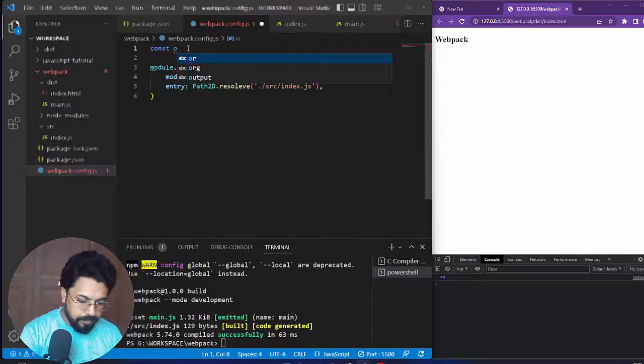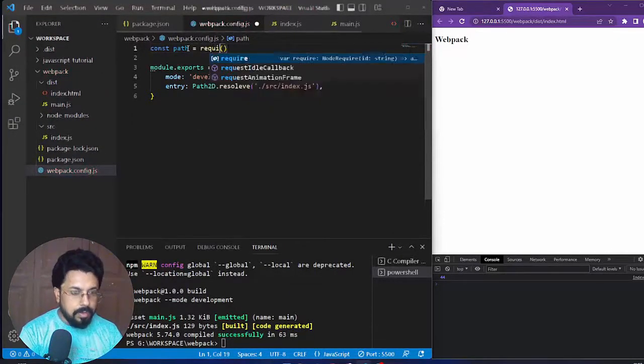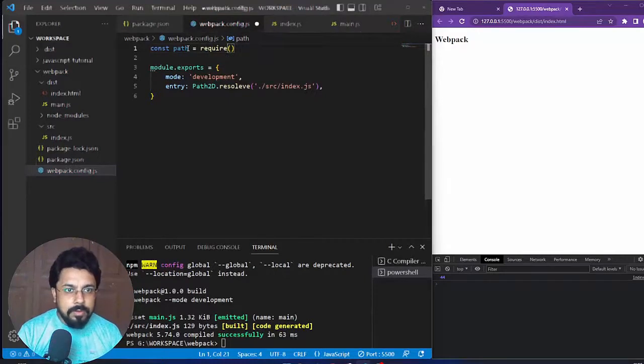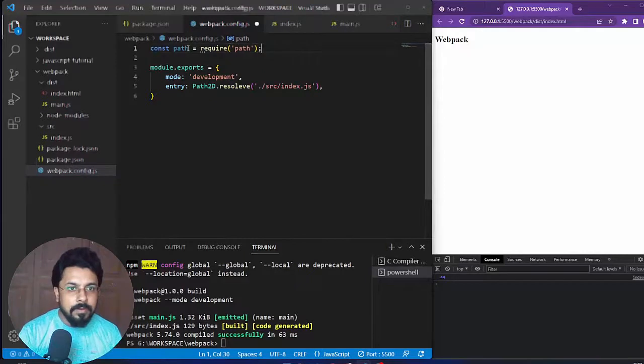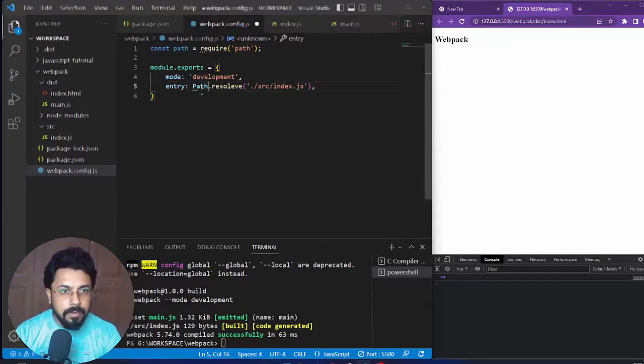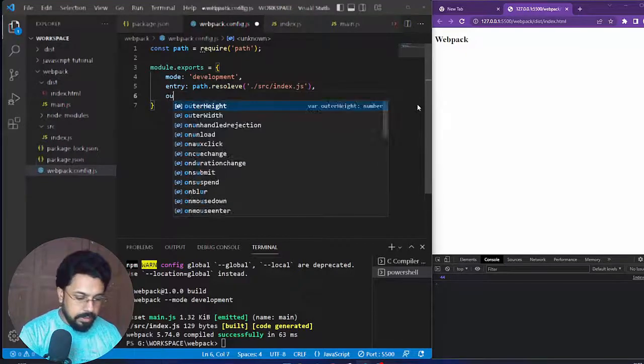Okay, path, sorry, required path, and what we are going to do, we are going to write another